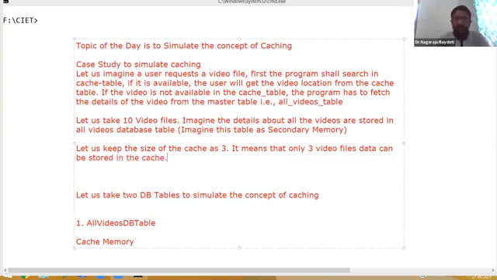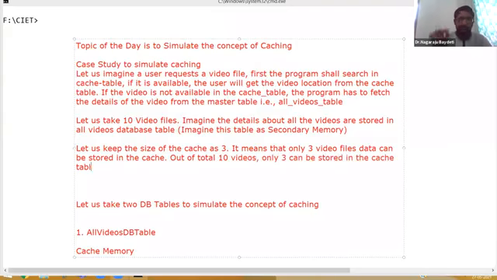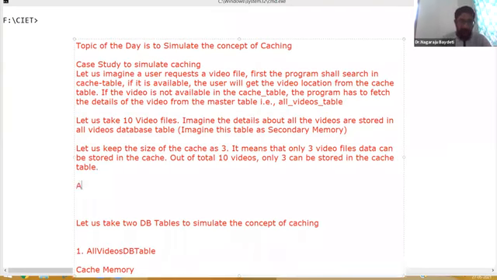That means total videos available are 10, but my cache will allow only 3. So out of the total 10 videos, only 3 can be stored in the cache table. So at any point of time, if the video is available in the cache,